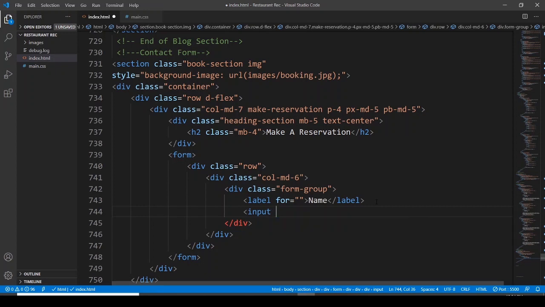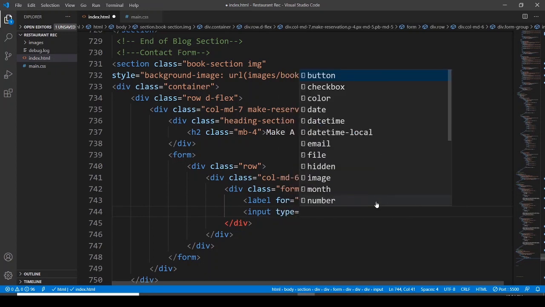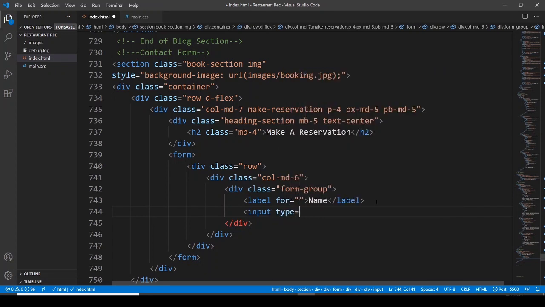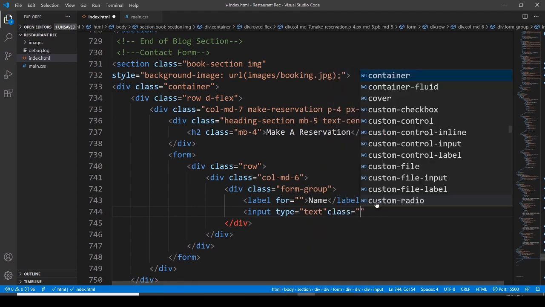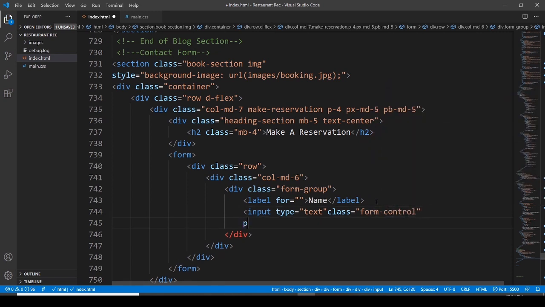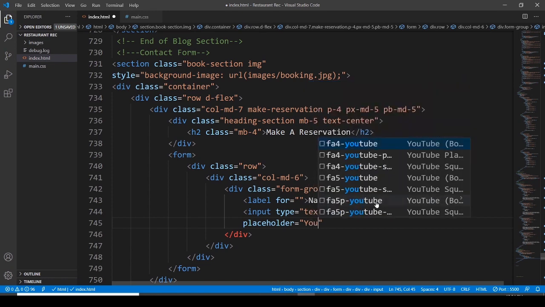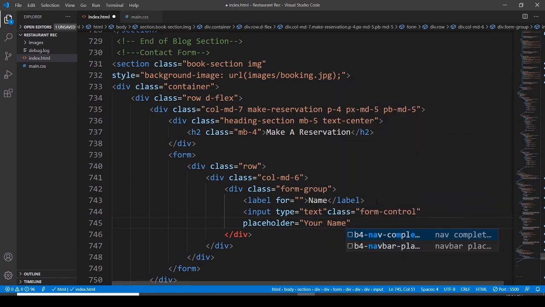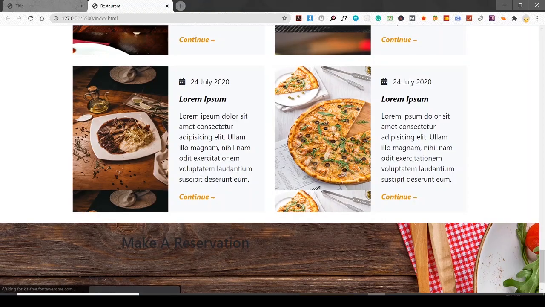The input is going to be type text, and class form control, and placeholder. So the placeholder is going to be name or your name. Okay, let's save it, move on to the browser,